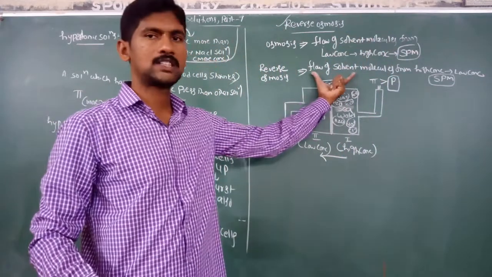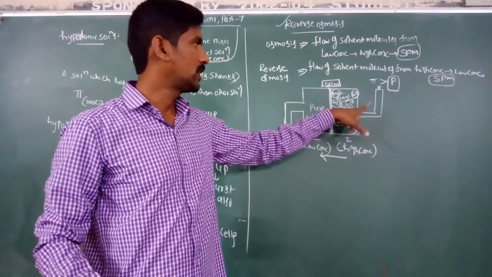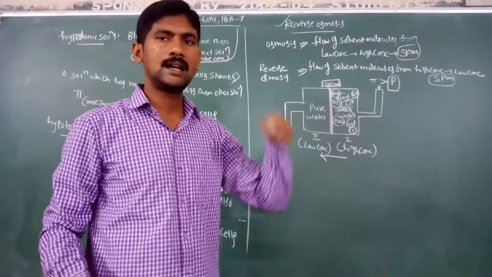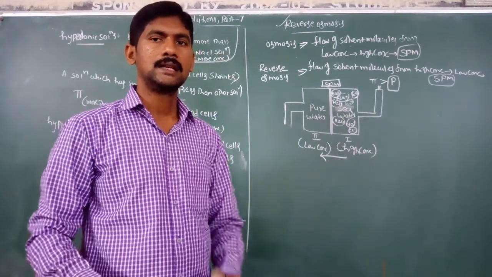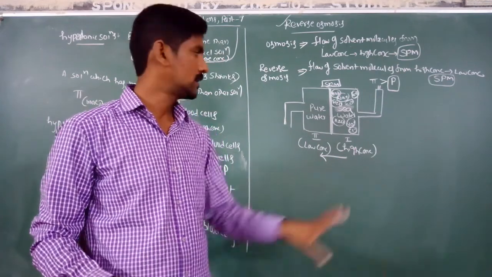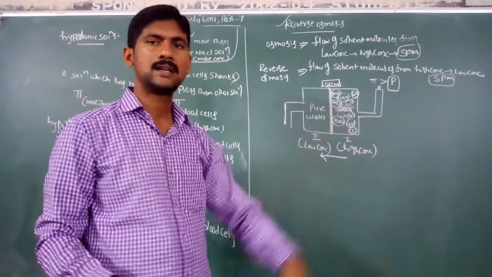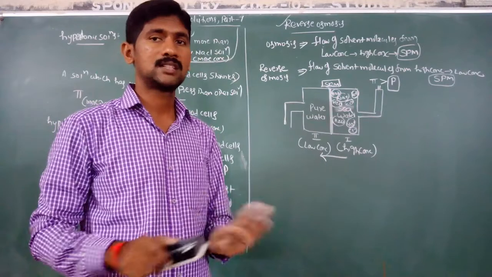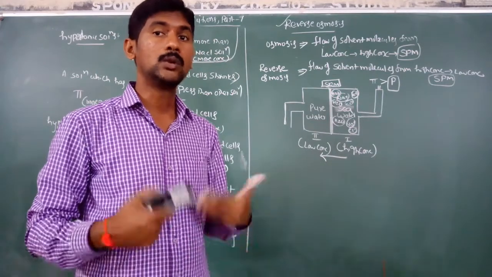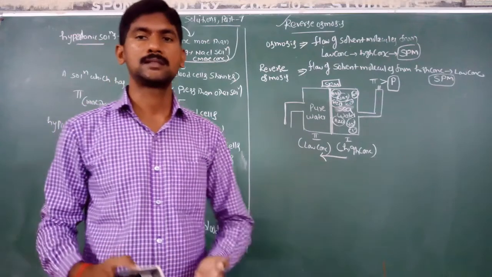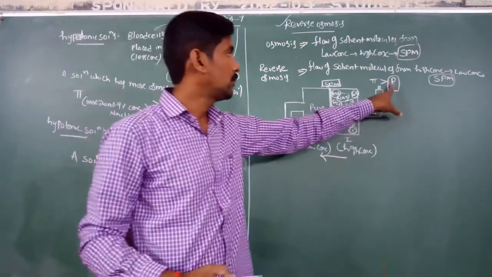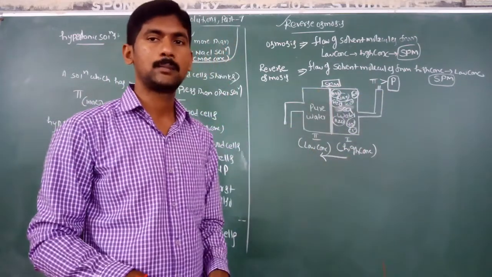How will the reverse osmosis process occur? If we apply pressure more than the osmotic pressure. Osmotic pressure means the excess pressure applied on the solution side to stop the osmosis process. Here we do not stop the osmosis process. We can do the reverse osmosis process. Therefore, if pressure more than osmotic pressure is applied,